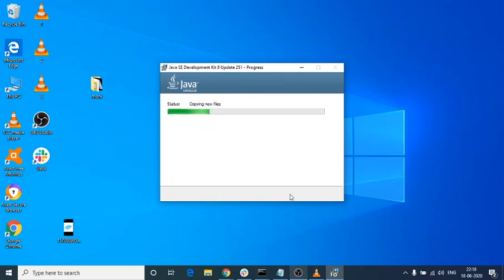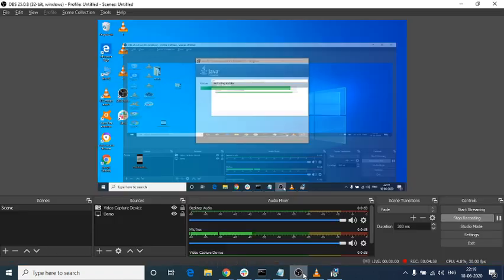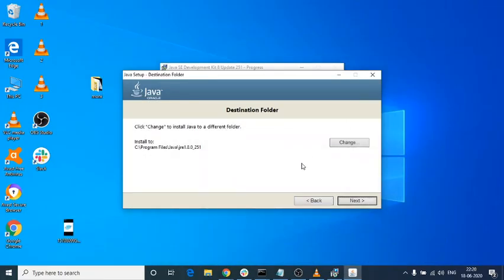What it will do here is, if Java files already exist, it will remove and then update, or remove or update the Java development kit. After that, it will ask whether you want to change the location or continue with the C folder.